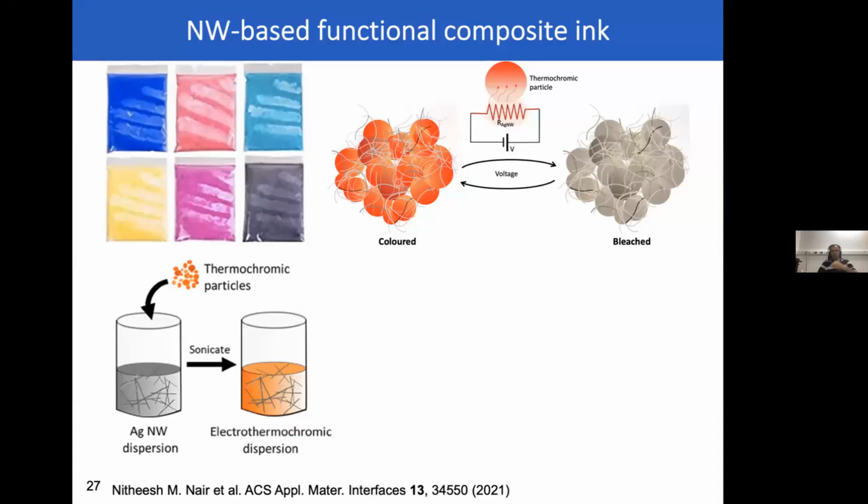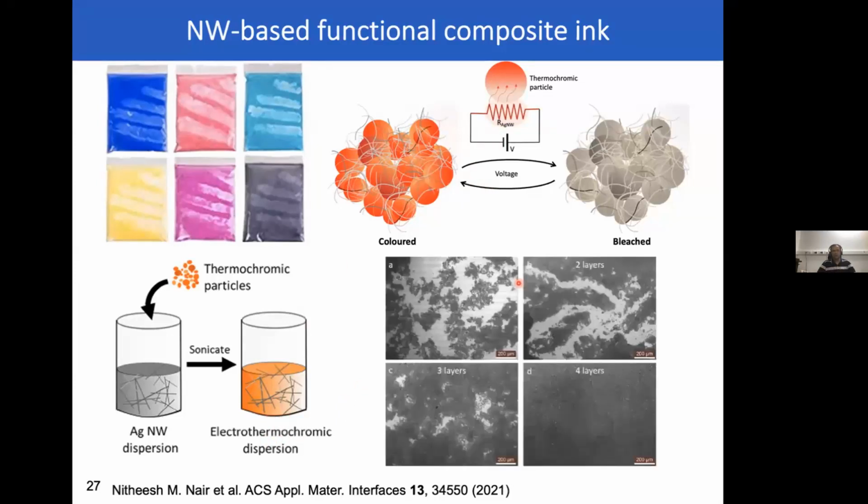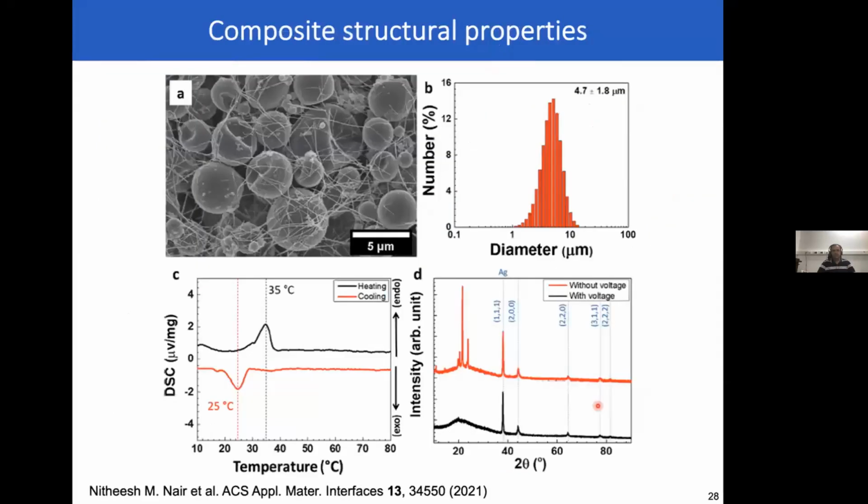So I essentially have an electro-thermochromic dispersion. Why electro? Because I need to supply some electric current, but the process of color change is essentially because of these thermochromic powders. And again, we did various optimizations, varying the amount of nanowires and the amount of the ink, deciding how many layers to print, and we were able to obtain uniform film. This is just an SEM image. These are the thermochromic particles. They're typically a few microns. And you can see that there is a whole lace or a network of nanowires surrounding these.